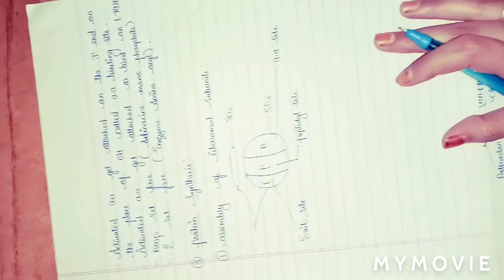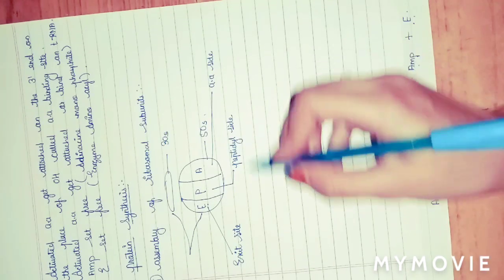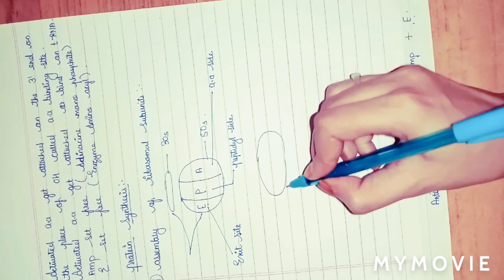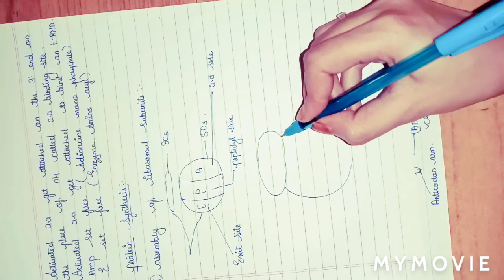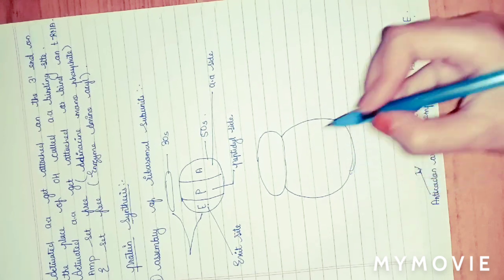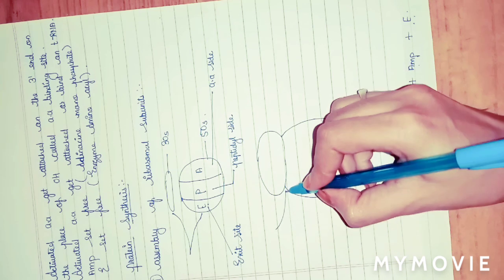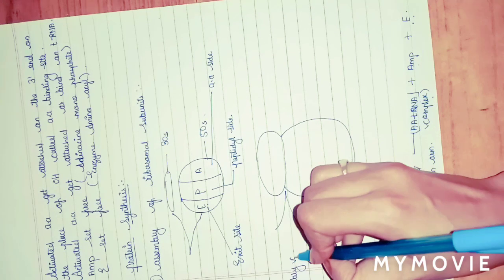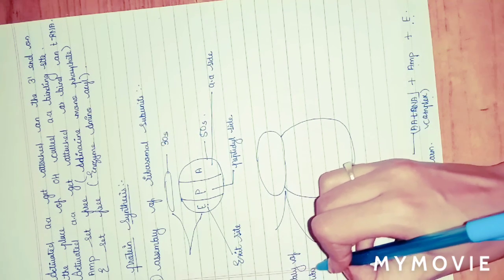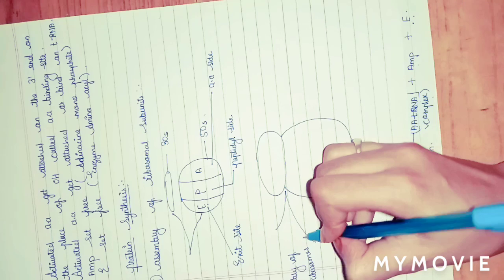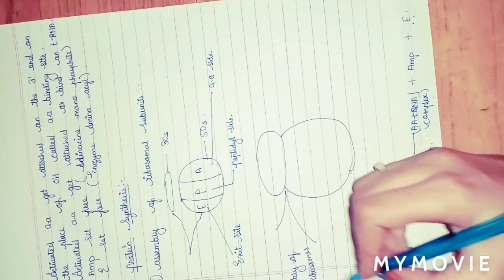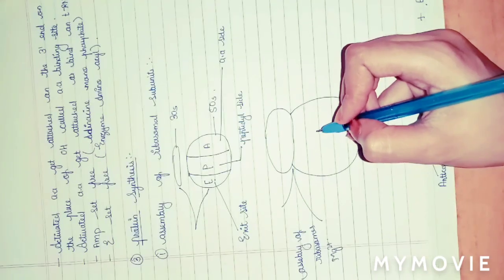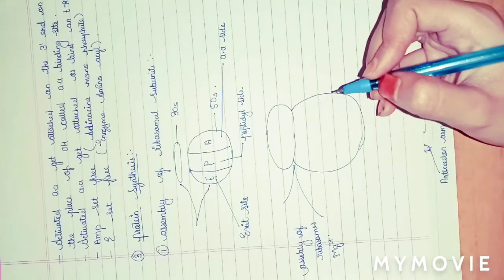Now we will draw a proper structure for better understanding. This is a smaller subunit. When the larger subunit gets assembled with the smaller subunit, this process is known as assembly of ribosomes. Now for assembly of ribosome, Mg2+, meaning magnesium, is required. Magnesium, if magnesium is present